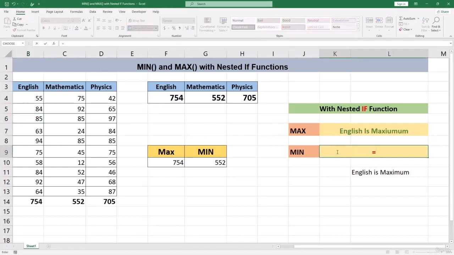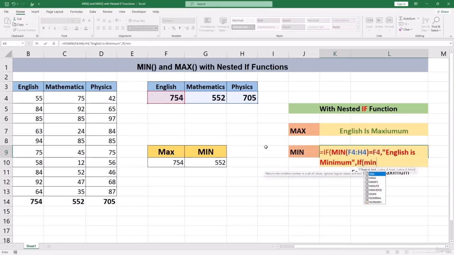So for minimum, we can use the same formula, all we have to do is change it to minimum, and then we have to select it, close the bracket, is equal to English, put a comma, and then put in quotation marks English is minimum, comma, if minimum is equal to these 3 cells is equal to mathematics, comma, quotation, mathematics is minimum,